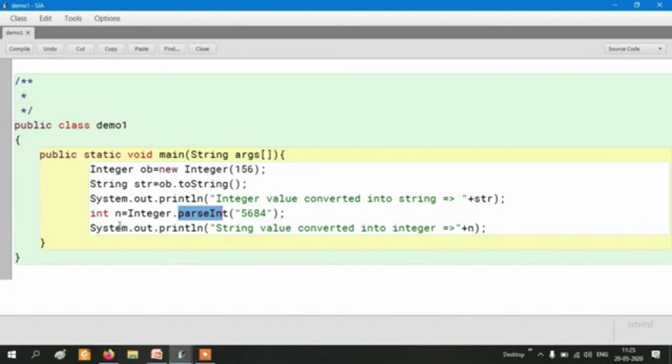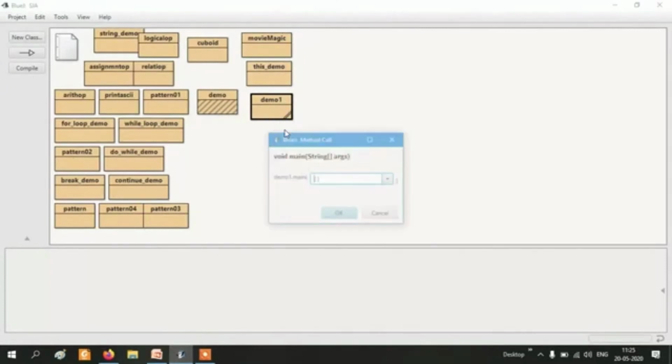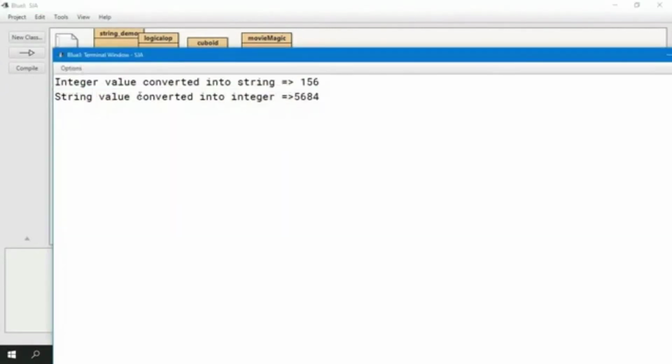So let's compile this program. Let's see the output, what output we will get. Now see, the integer value converted into string, that is 156, and the string value converted into 5684.